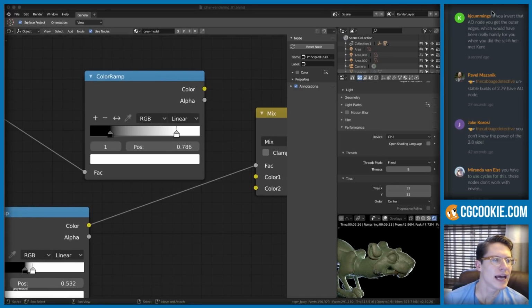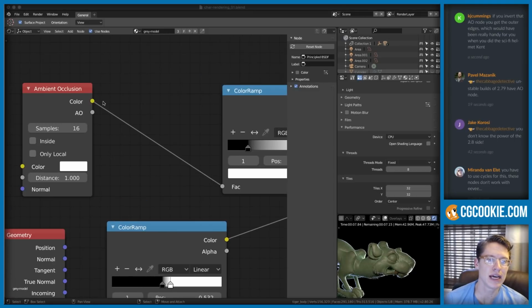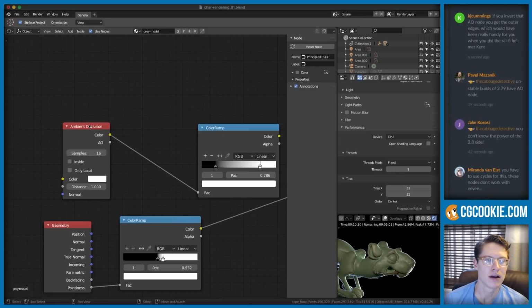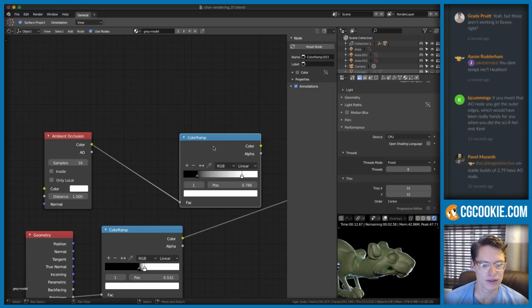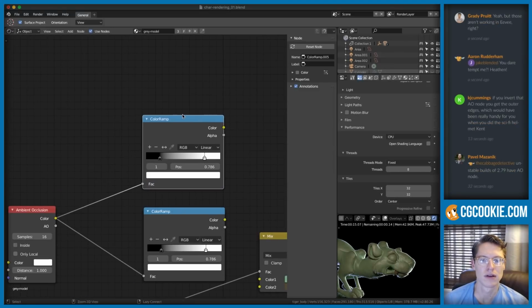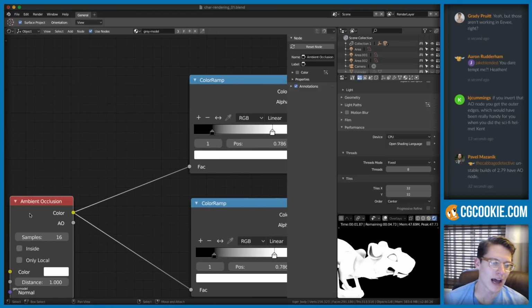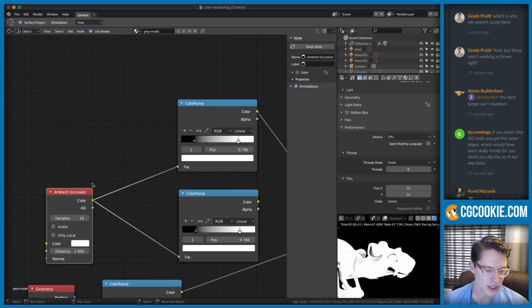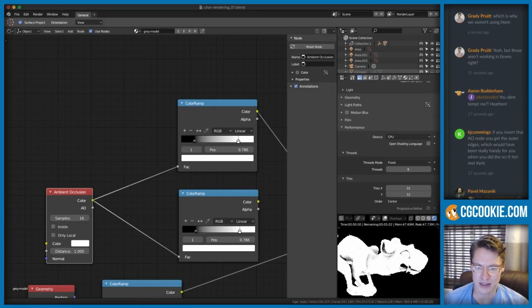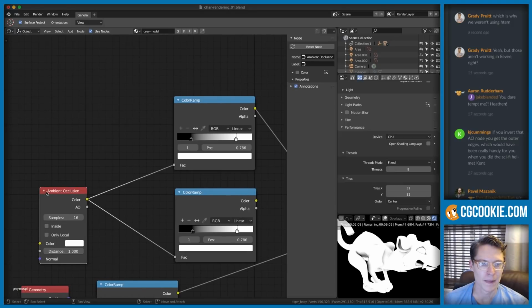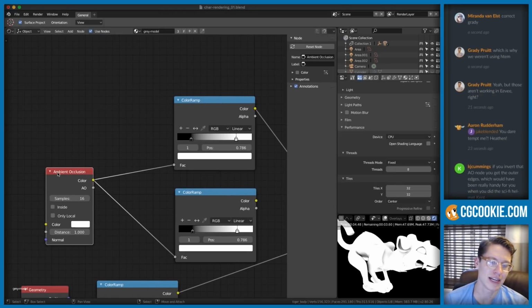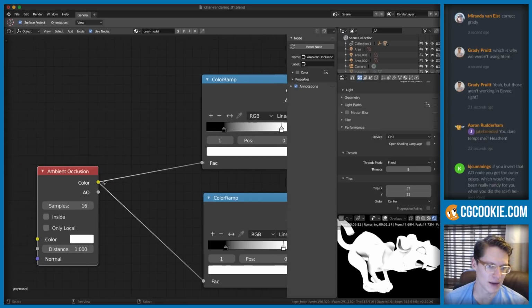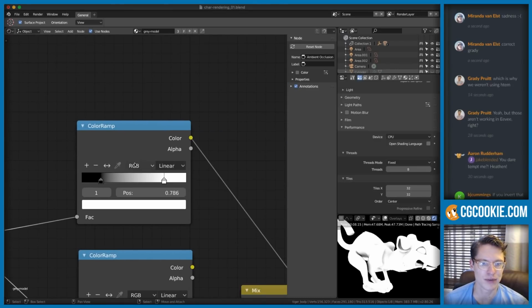If you invert that AO node, you get the outer edges. That's true too, that's a great point. Ambient occlusion, let's do this. I was asking for this back in like 2012 because V-Ray had an ambient occlusion utility. I forgot what it's called, but they had the ability to use ambient occlusion as a factor, and I use that thing all the time for dirt and dust. It's super powerful. But if we invert,